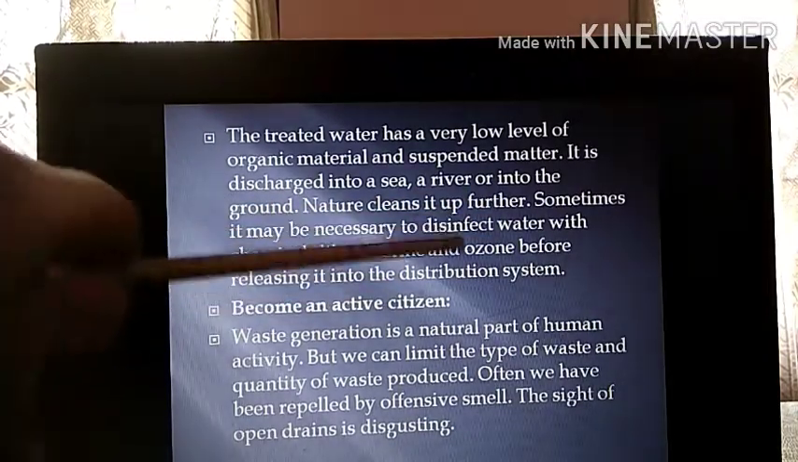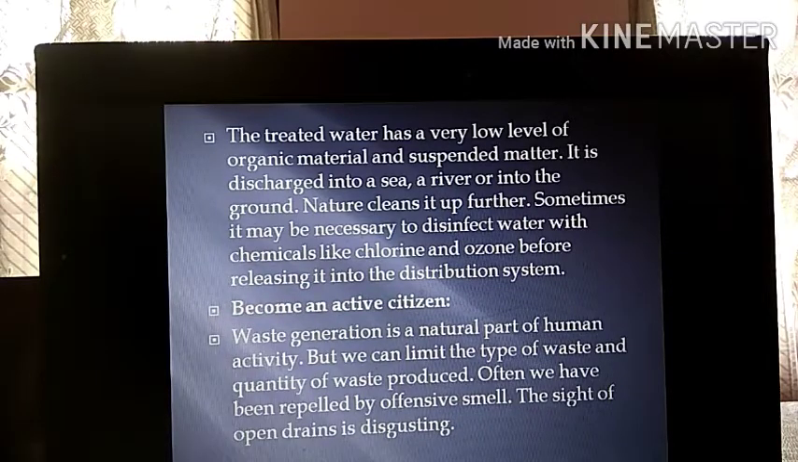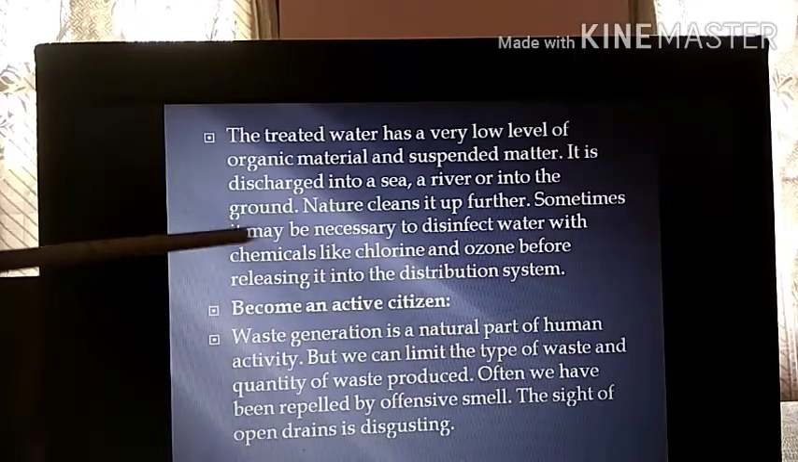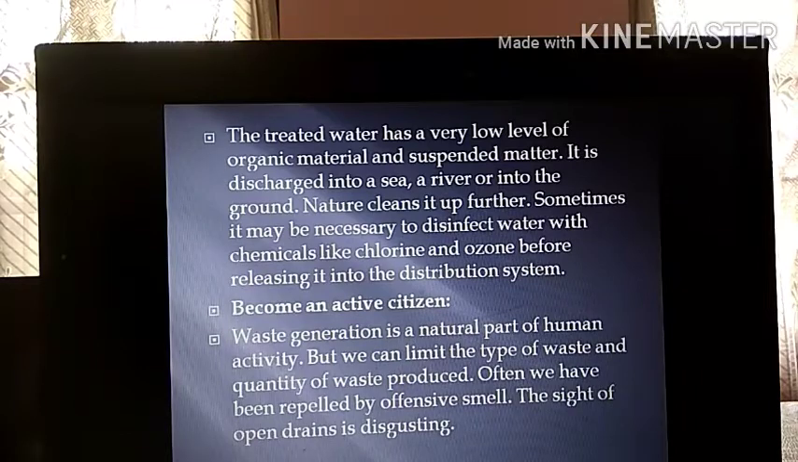Sometimes it may be necessary to disinfect water with chemicals like chlorine and ozone. Once it is discharged into the river or into the ground, nature cleans it up. After nature cleans it up, there may still be some amount of impurities. So if you want to treat them further, you can use chemicals like chlorine and ozone before releasing it into the distribution system. When you add chlorine and ozone, it is called chlorination or ozonation of water, which further